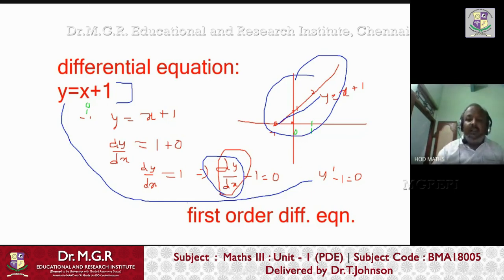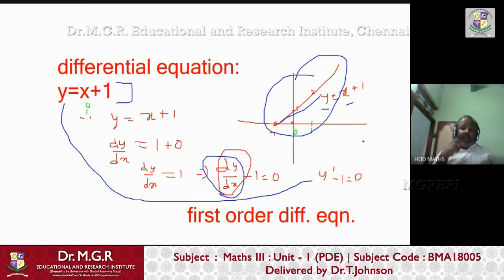In the equation, x is called the independent variable and y is called the dependent variable. Why? Because we put a value for x, and from that only we find the value of y. Whenever we put some value, it is independent; we can put any value. That is called the independent variable. But according to the value of x, y is defined, so that is called the dependent variable.